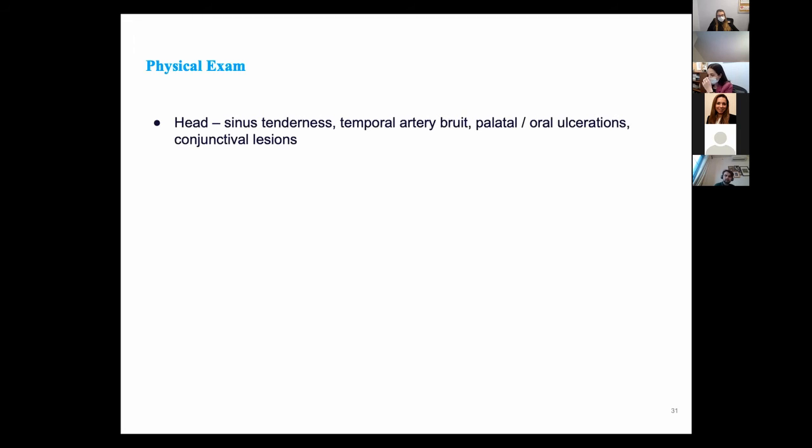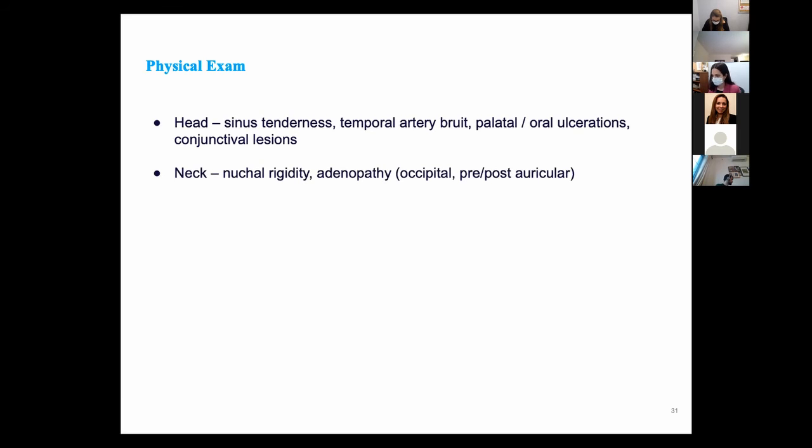As far as the physical exam, beyond just a careful physical, areas you want to spend particular attention on are the head: sinus tenderness, temporal artery bruit, ulcerations or conjunctival lesions. Neck, for any nuchal rigidity, which hopefully should be pretty obvious, or adenopathy. And don't forget occipital and pre- and post-auricular adenopathy, which can give you a clue to head and neck pathology. Chest, obviously heart murmurs, friction rubs for endocarditis or pericarditis. Abdomen,